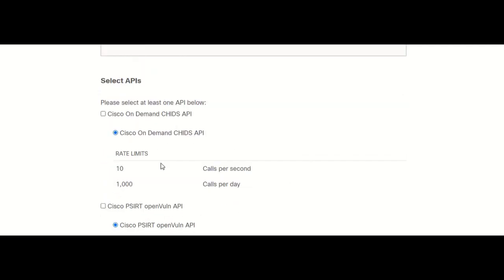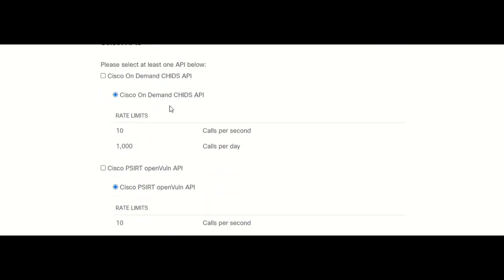and we can select which application we need access to. Is it the PSIRT vulnerability API? We'll be focusing on this one because we are looking for fetching the real-time vulnerability information.